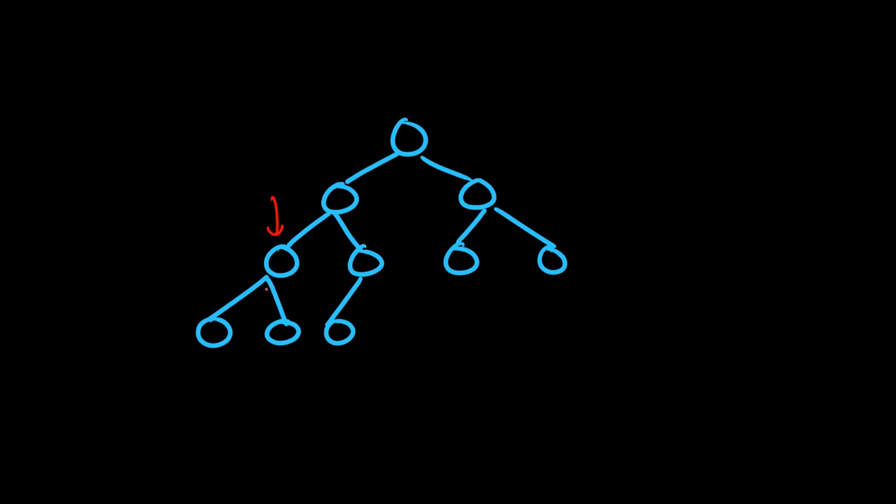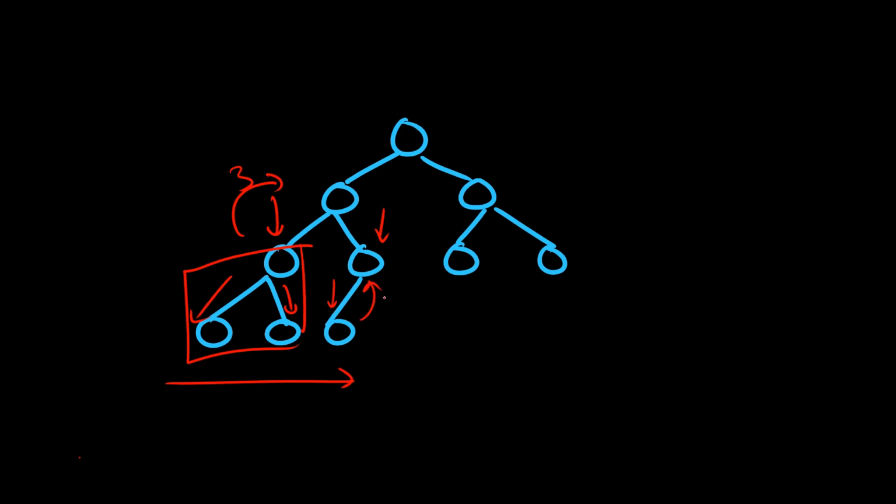I will come at this child. Since left height and right height are equal, I can count the number of nodes for this subtree and it will return 3. Now my recursion will come here and it will check whether left height and right height are equal. They are not. So again it will go to the left of this child. So if you can see, ultimately our algorithm is finding the rightmost node at the last level, right? So from here it will return 1, this will return 2, and this will return 2 plus 3 plus 1, that is 6.